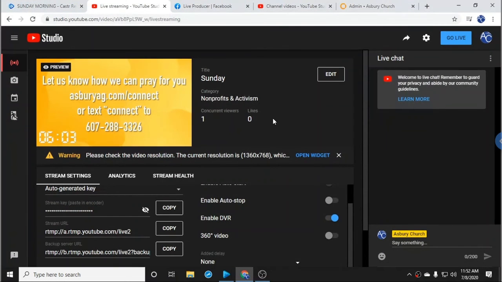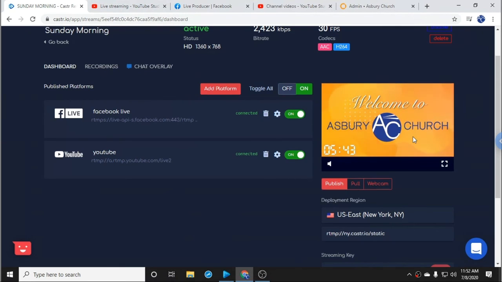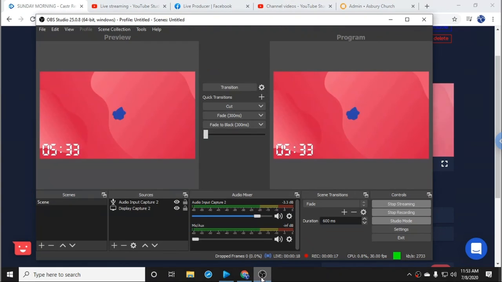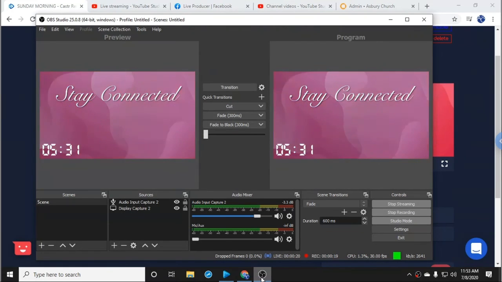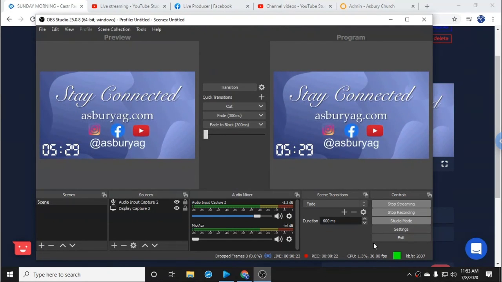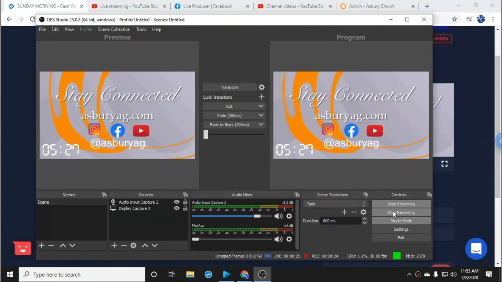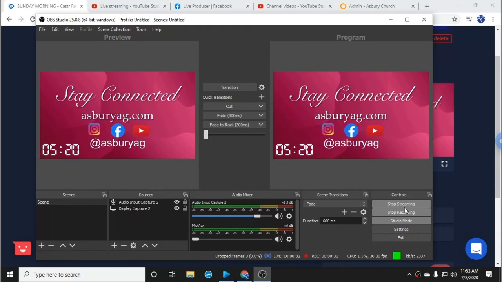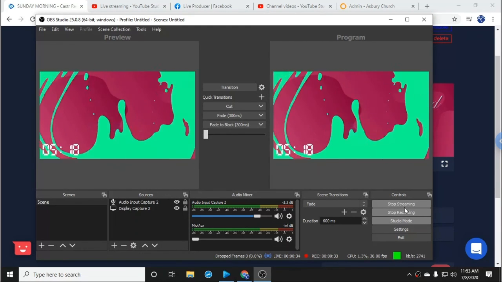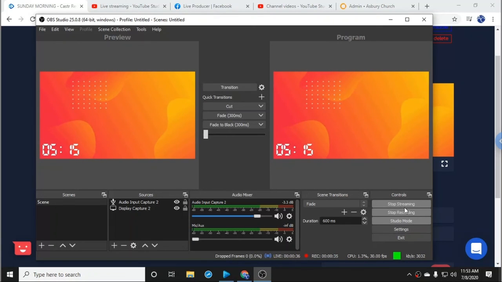And if you were to go to Castor in the middle of all that, you would have seen that all of a sudden it said missing stream. But if you do it fast enough, it won't even really hiccup. So that is the only problem we've really run into, and it is important that you do stop the stream and stop recording before you close it, because if you don't, you will have a whole new set of problems of trying to close it, and it will open multiple copies of OBS,